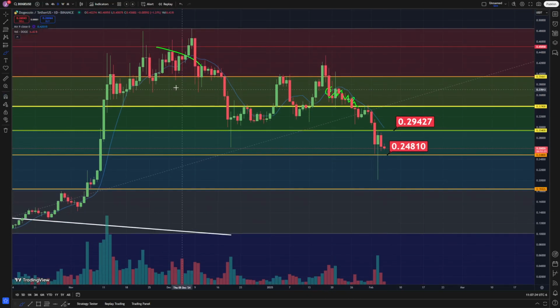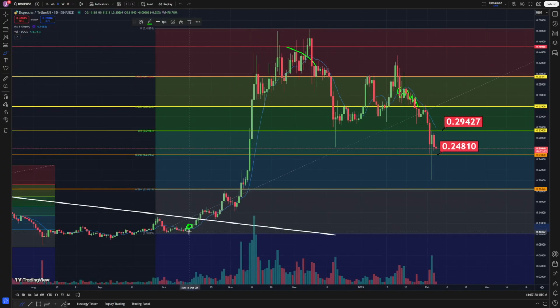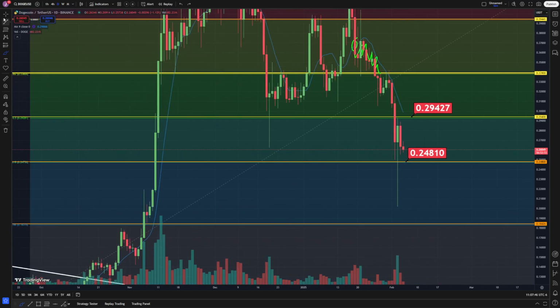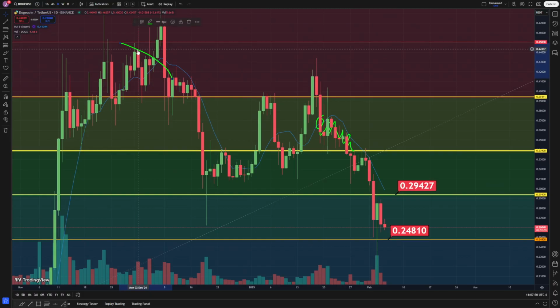When we break above it, like over here, let's see, it was probably more something like over here. We break above it, then we start getting support on it, bouncing to the upside. Support, support, support. We start testing it and we break it. And that was probably another signal that I was looking at over here when I decided to take profits, is